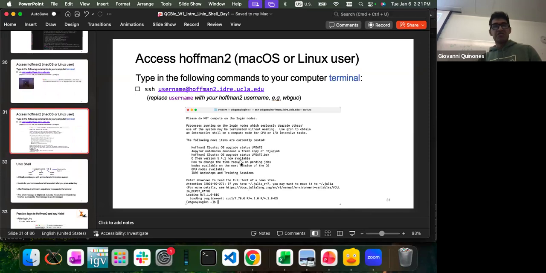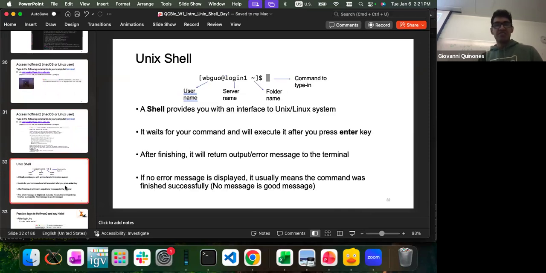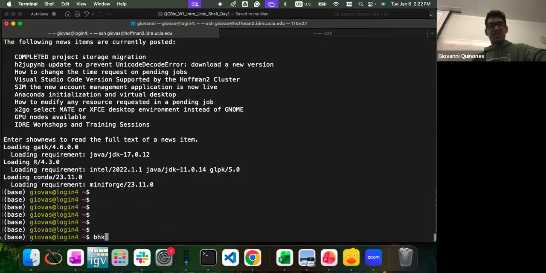This is the initial message that you get when you log in. Once again, you have your username followed by login and some number. Here you have some information about the folder name, so the current location that you are at. And then the dollar sign, which is the prompt for you to start typing.